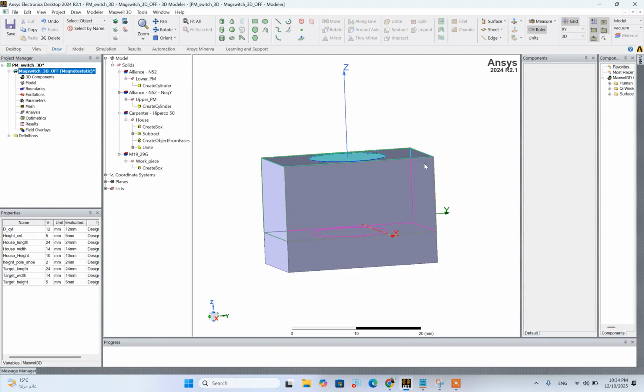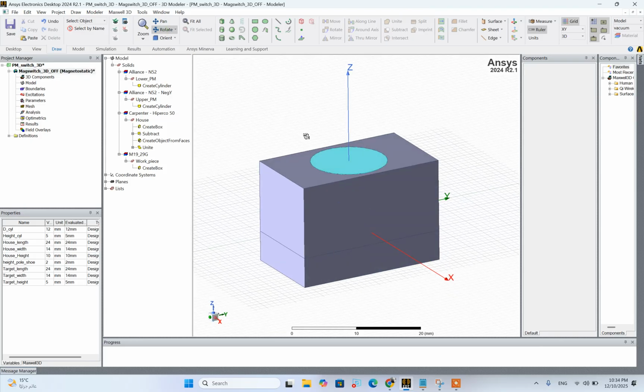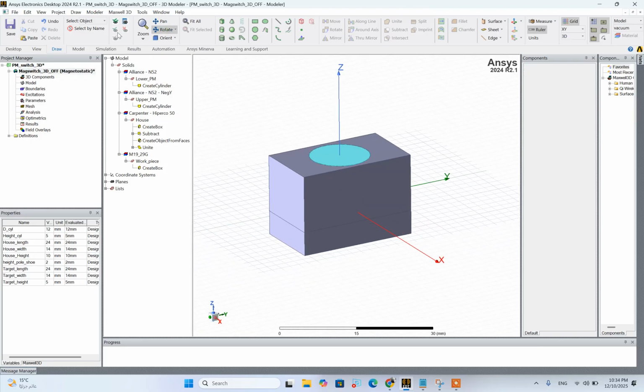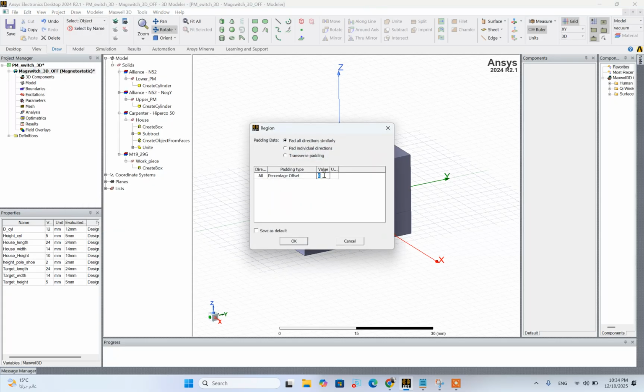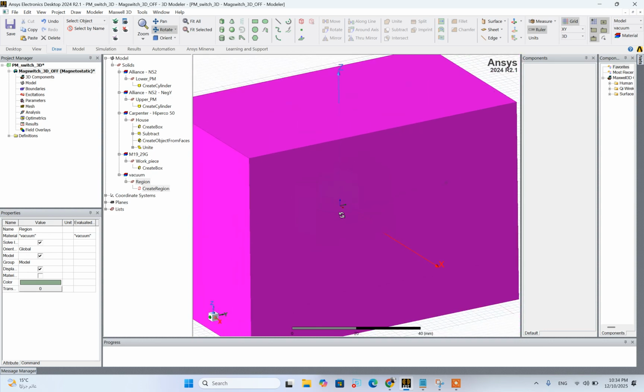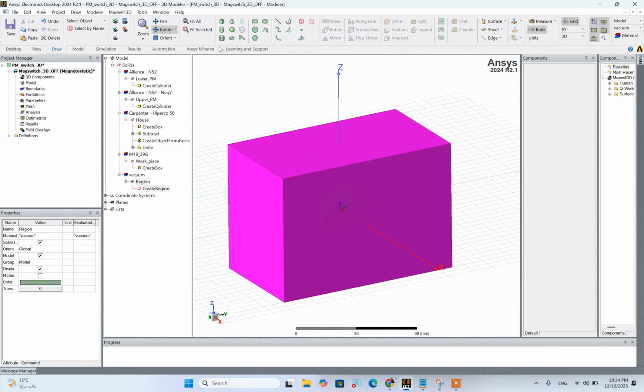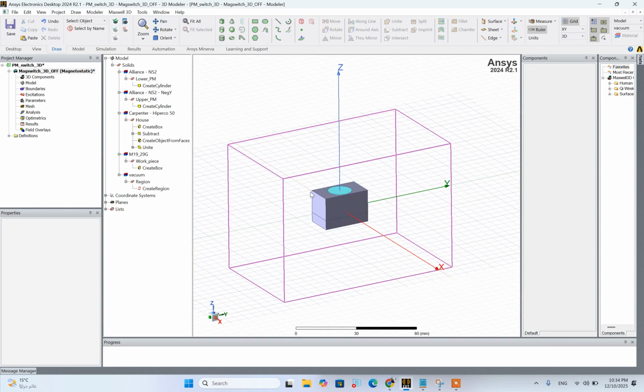Now let's go to the definition of our model. We should start with the solution setup. It's here magnetostatic, and we can go here to draw and insert region and put here 150 percent in all directions similarly and click OK as shown here. This is the boundary or the box that encloses our electromagnetic design,